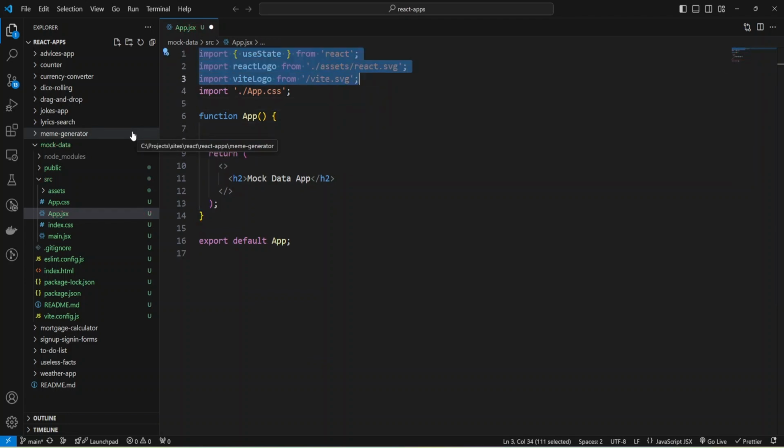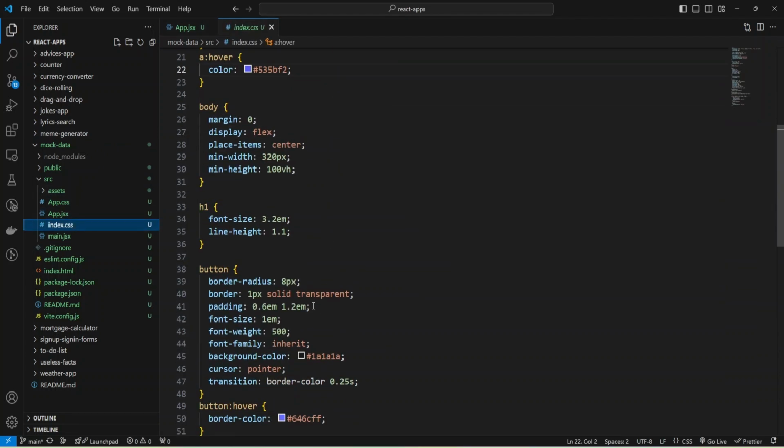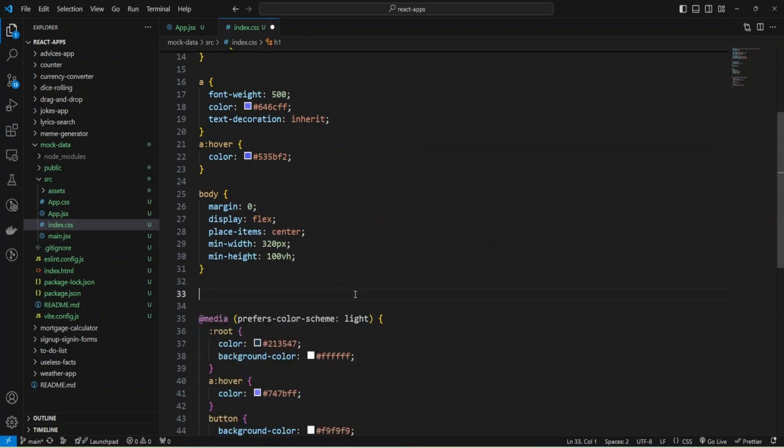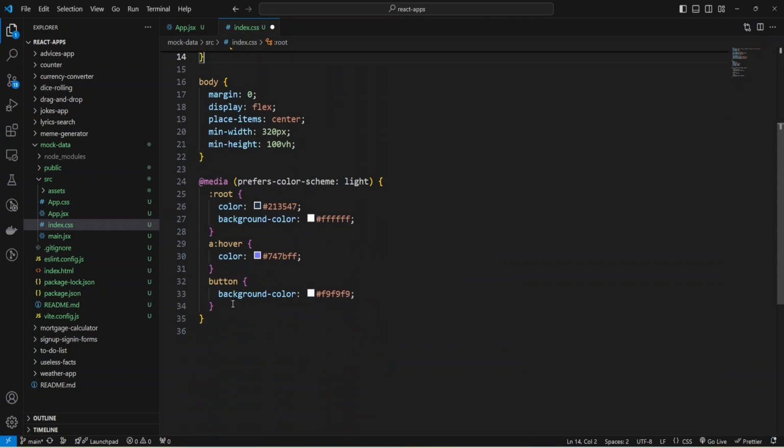Let me clean the styles. I can remove all styles for buttons, the h1 tag, and also for links, and also from media, and change place-items to justify-content. Let's check.